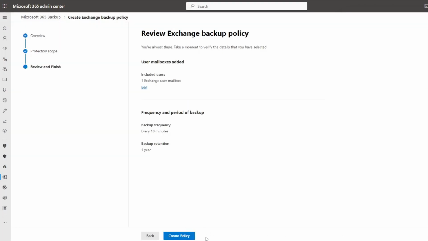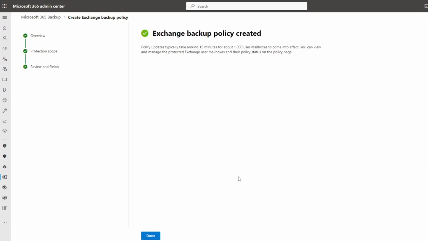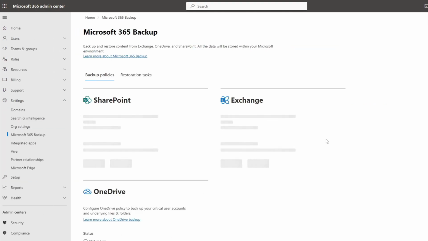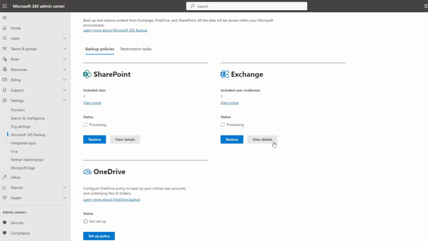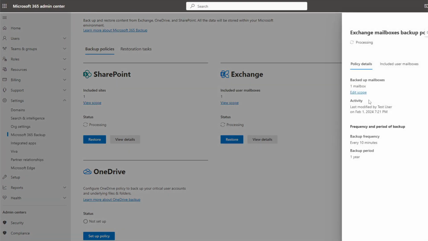We'll then proceed to the final review and finish screen, where we'll review our configuration and confirm it. And again, we can see that the status has changed from not set up to processing. And again, by clicking view details, we can review and modify the configuration. Now that the service has been enabled and configured, within this next section, we're going to take a look at